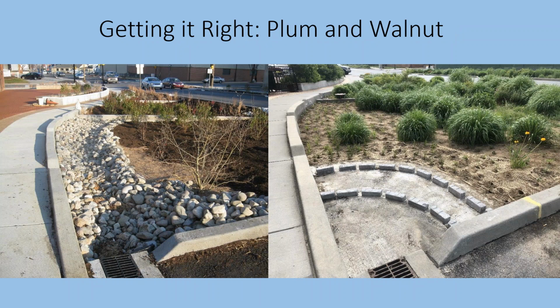A very similar situation here. The photo on the left was the initial installation, and the photo on the right was our retrofit. You can see that we were able to eliminate all of the cobbles that were in there. So we were able to increase our vegetated surface as well as improve the entrance hydraulics here by having those velocity dissipators raised through there. Again, protecting the plants from sedimentation and making that a flat surface for our folks to go in and take a shovel to. Next slide.